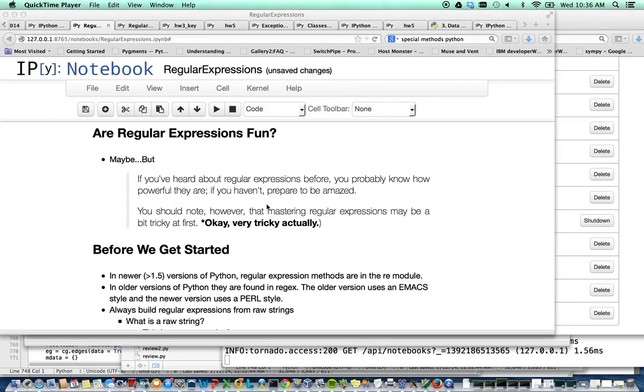Okay, very tricky actually. Of all the topics that we're going to cover, regular expressions are the most confusing and complicated, in terms of just how often I find myself banging my head on my desk, looking at a regular expression, and not being able to understand why it's not doing what I expect it to be doing. In fact, when I was preparing the notebook for this presentation, I had many of these occasions where I thought, what? Why isn't that working? So that's something you're going to have to deal with, but just go at it with eyes wide open